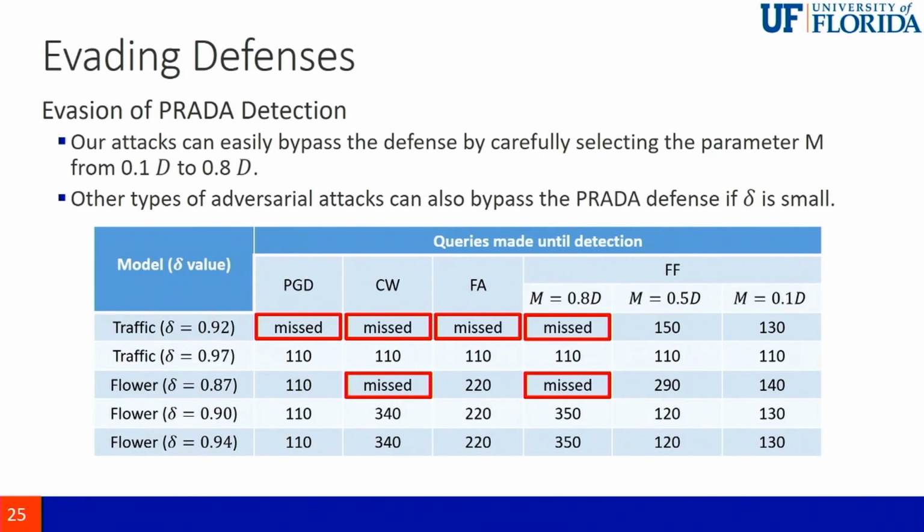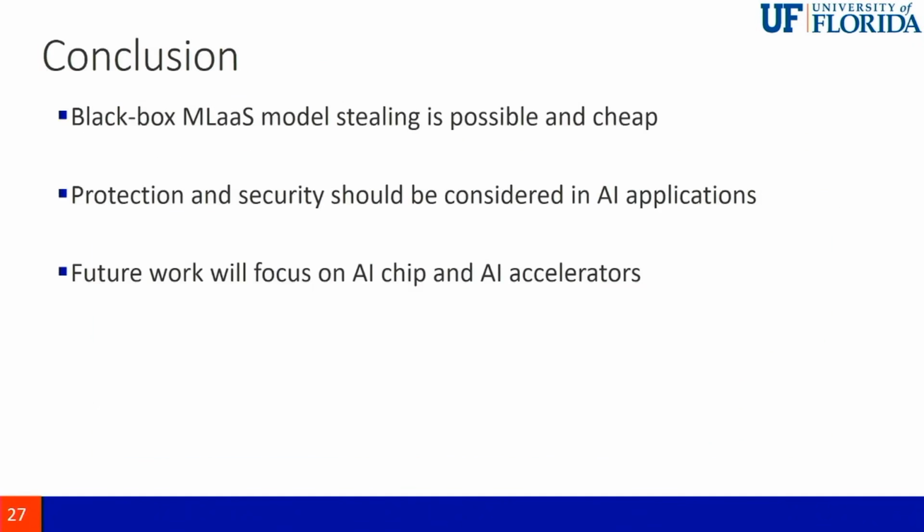People would argue that it's only one defense. How about other defenses? But overall, our claim is that so far the defense did not work. And even worse, for these inefficient defenses, the machine learning model in the cloud has not applied them yet. Right? So as a quick conclusion here,